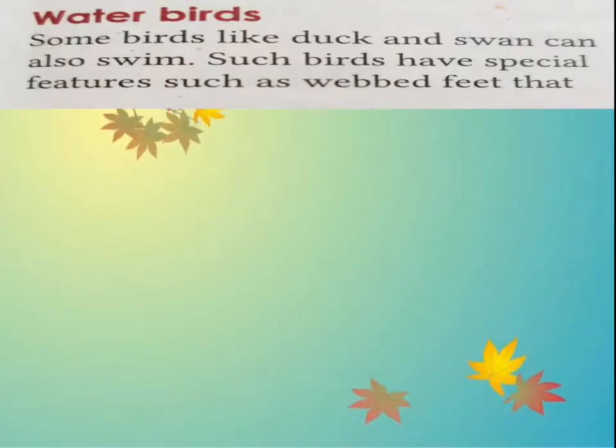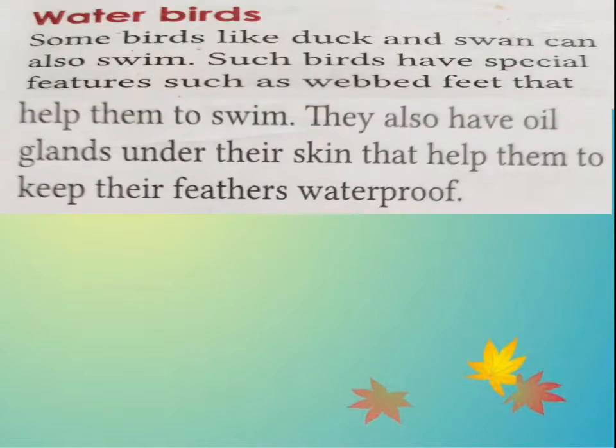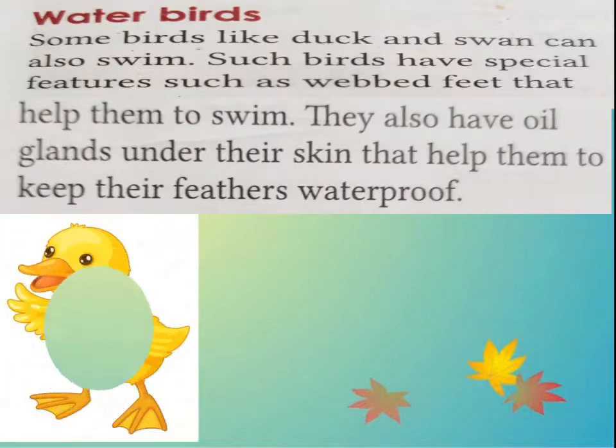Now children, let us see water birds. Some birds like duck and swan can also swim. Such birds have special features such as webbed feet. You can see the picture of a little duckling. It has webbed feet. If you focus on its feet, it has webbed feet which help